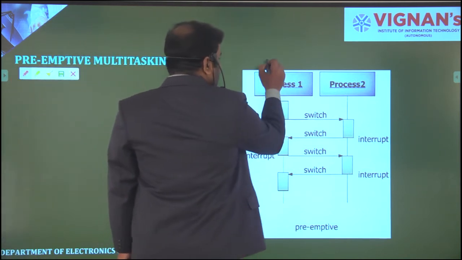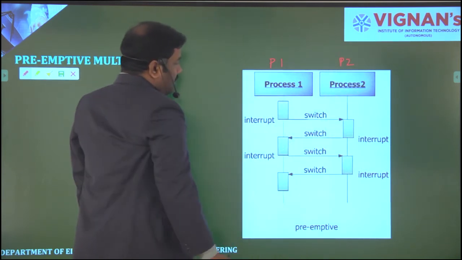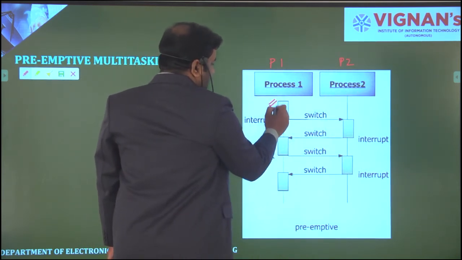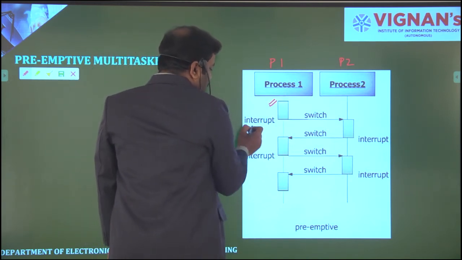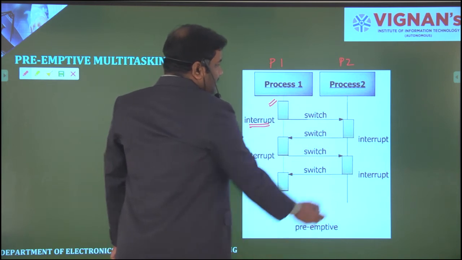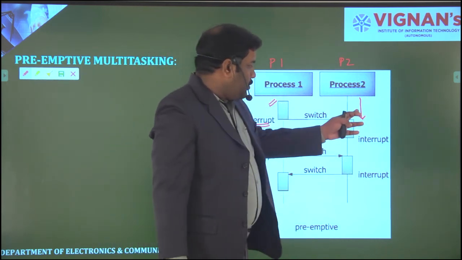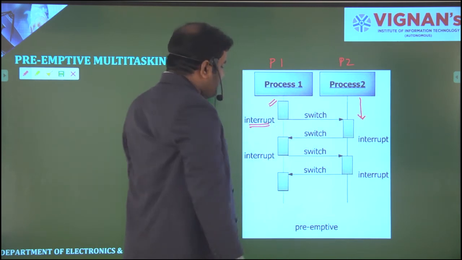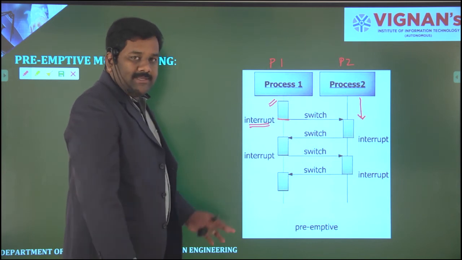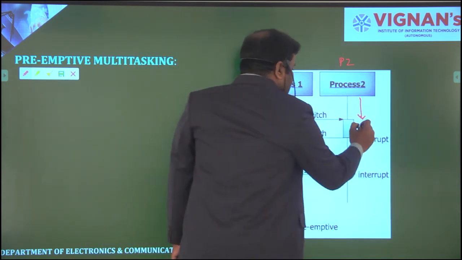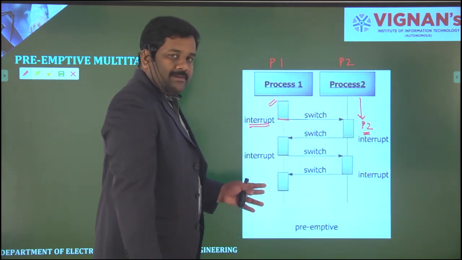So I have two processes, that is P1 and P2. I started with P1, process 1 executing. While it is executing, I have an interrupt that a P2 process came. While comparing with P2, P1 has lesser priority. So I'll just switch off my process to the extent it may have executed, and then I start to execute P2 until it is completed.